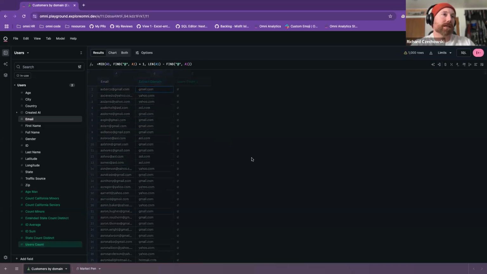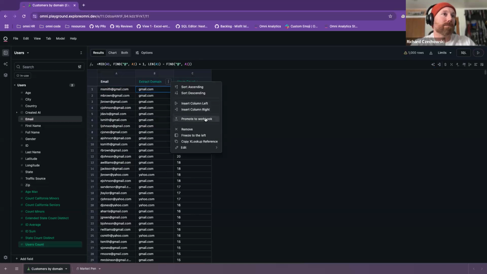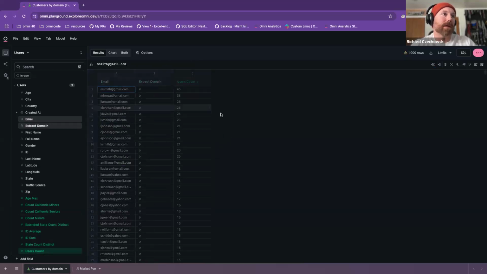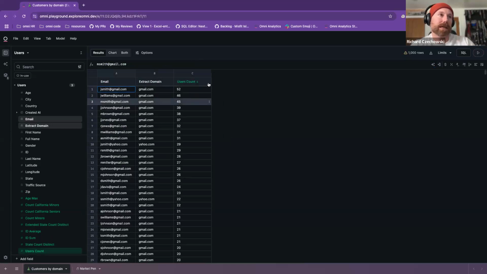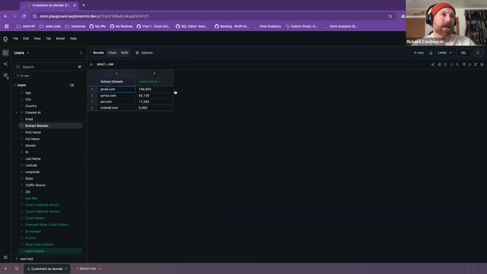But to take it a step further and show how quickly you can iterate with this, if I want, I could promote this up to the workbook, and then it becomes a real field. We've now replaced the calc with a real field, which means I can just remove the original one altogether and get this aggregation of the domains and the user count. And maybe I want to investigate why AOL is so highly represented, considering that maybe we had an ad campaign on the back of a CD or something.